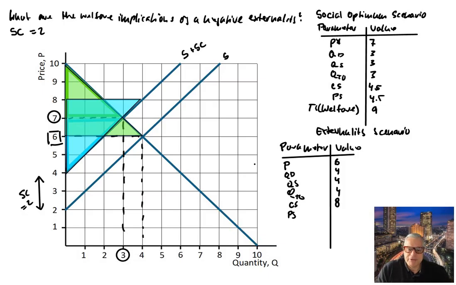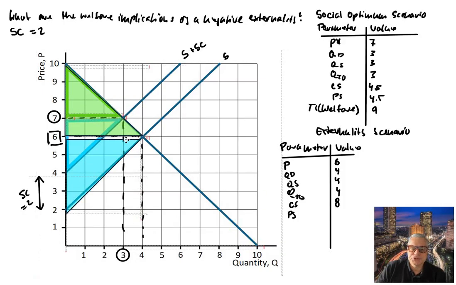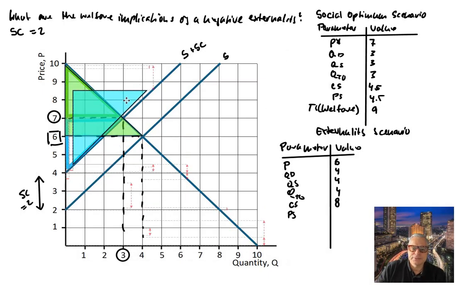So they have private cost of 6, but there's another social cost. So the way you can think of it, that the producers, they actually almost get the price of 8. So that is the de facto price that they get simply because they get the social cost for which they normally should pay for, they get that for free. But it doesn't matter. I mean, this triangle here is the same as the one down here, right? So, but you know, I think it's better to put it here